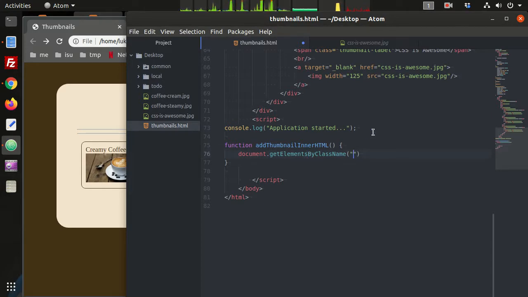We don't have an ID on ours, so we're going to use thumbnails as the class name. There's only one of these, and so we can get the first item like that. Okay, so document get elements by class name. The class name is thumbnails, and this is referenced by index. We're grabbing the first element from the list because the indexing starts at 0. So this is